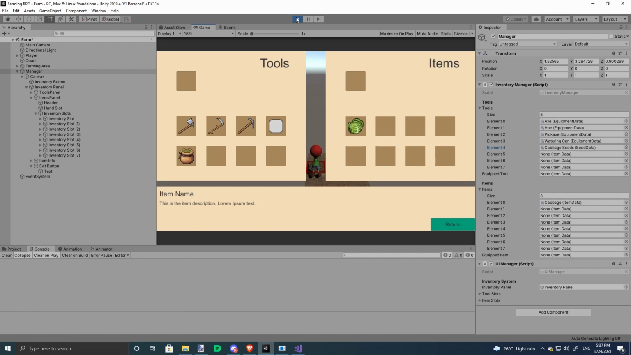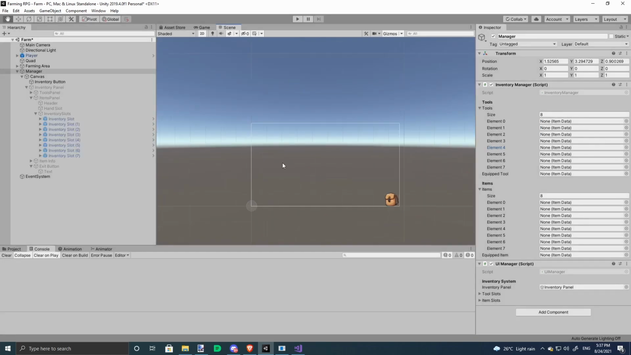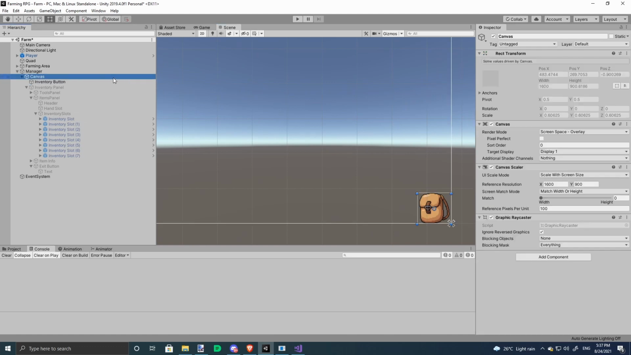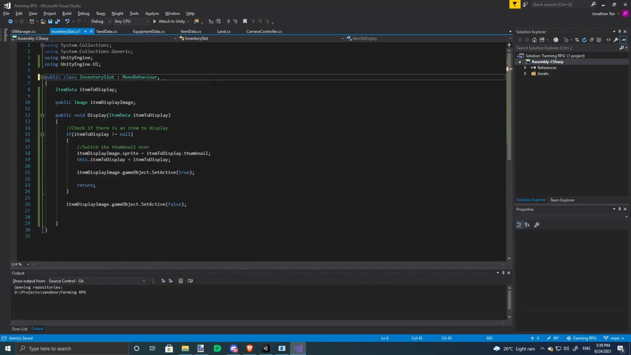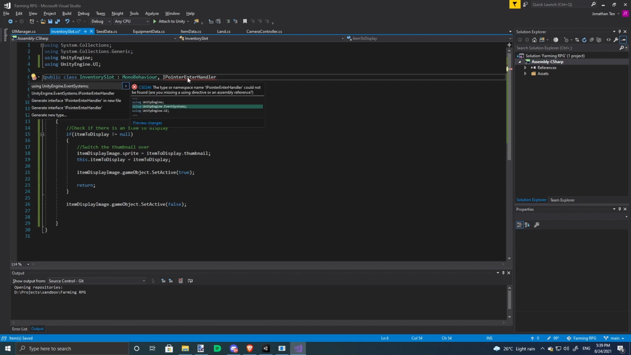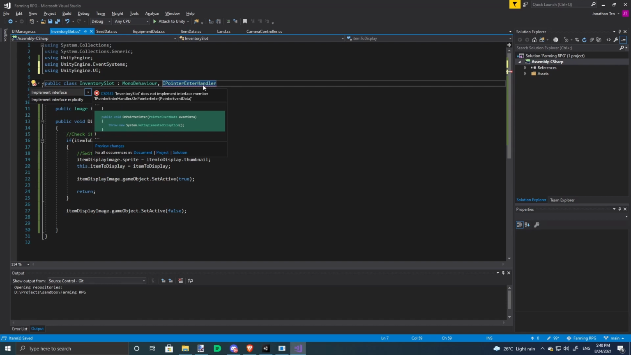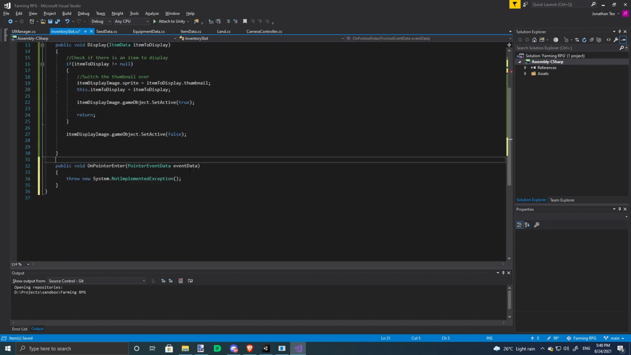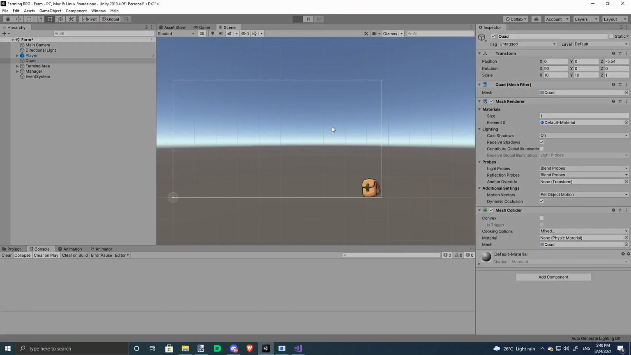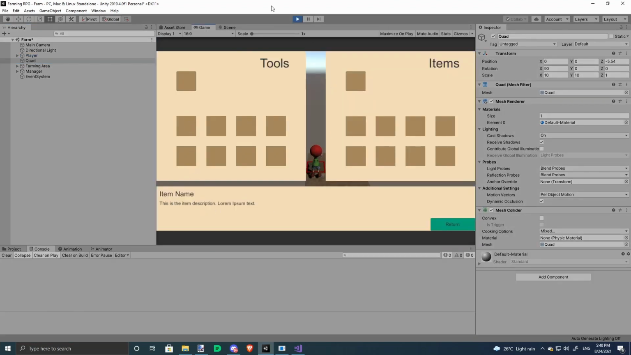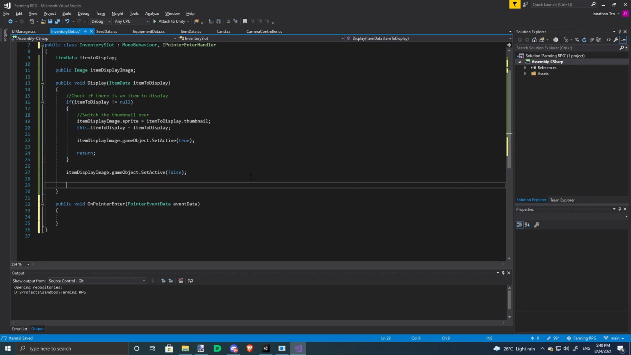Okay, we've gotten that part sorted out. Now we need to display our items. So go to your inventory slot script. IPointerEnterHandler. So this needs Unity event systems, and we have to implement our interface like that. Event data. So when the pointer is entered, we have to display the item here. So what we can do is